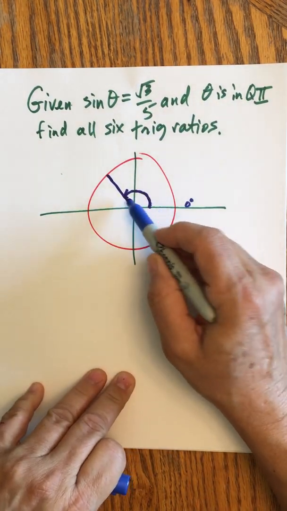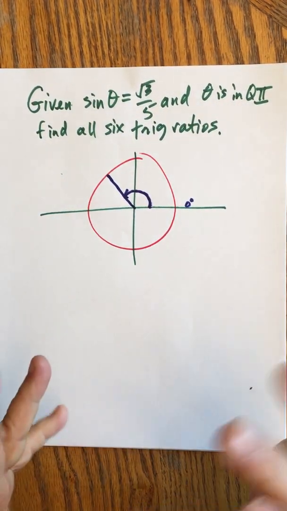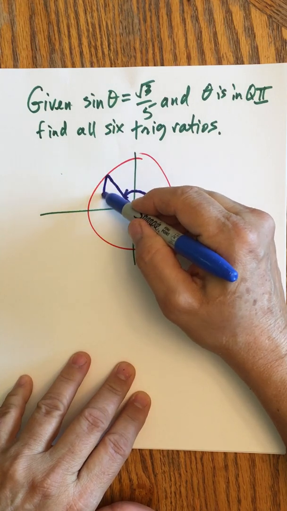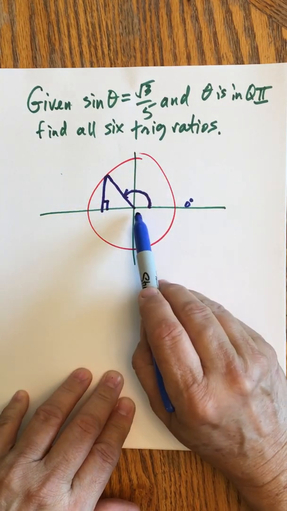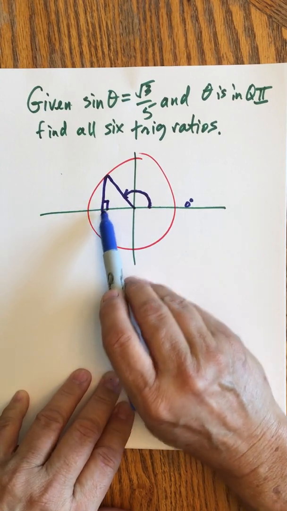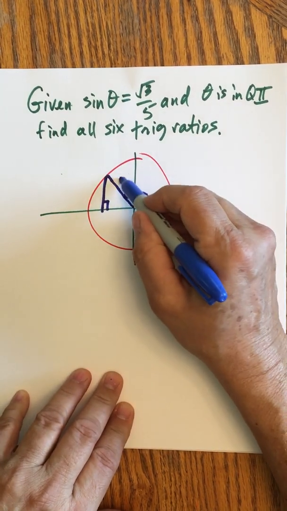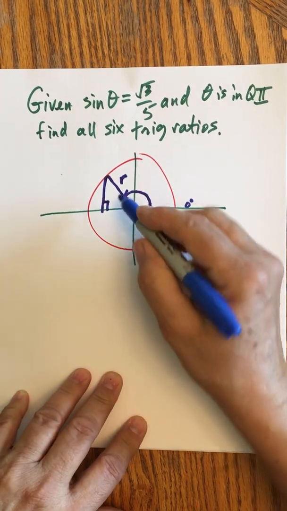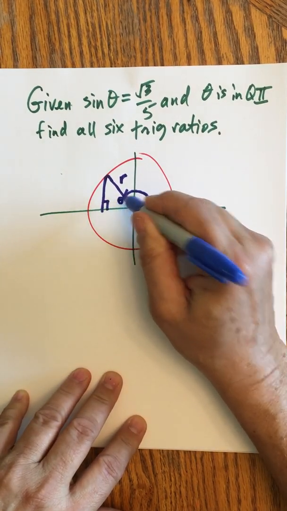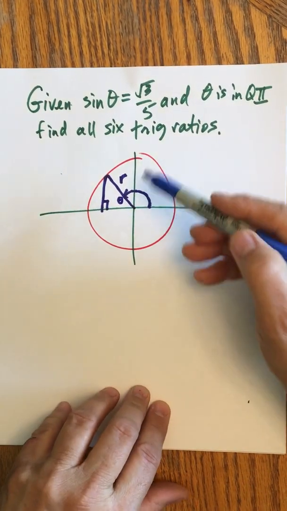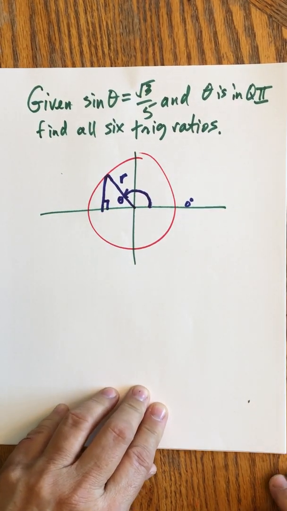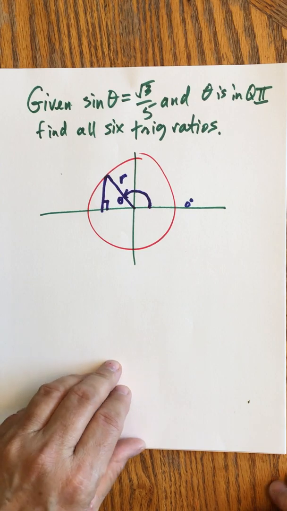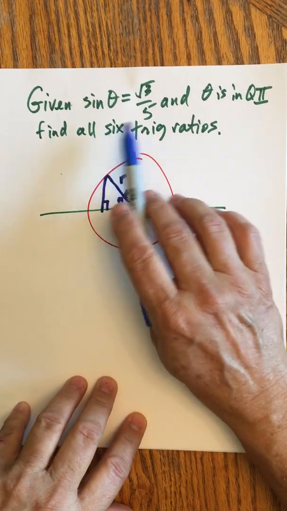This is the actual angle, but how we represent it is we drop a perpendicular to the x-axis. So now you have a vertical line and a horizontal line, and this is your right angle. Across from your right angle is the radius, or the hypotenuse. And this angle in here is your reference angle. The reference angle theta is between the terminal side and the x-axis. So now what they're saying is sine of theta